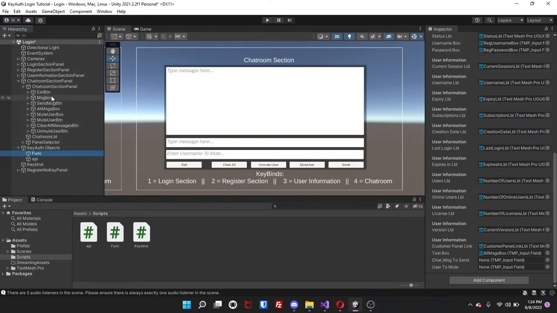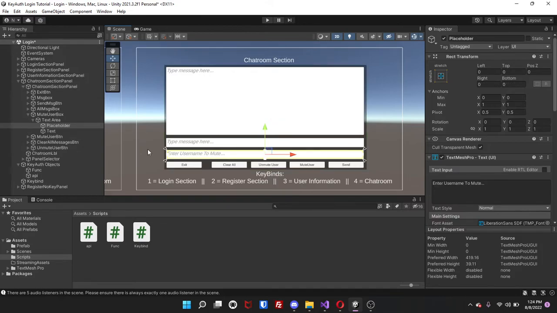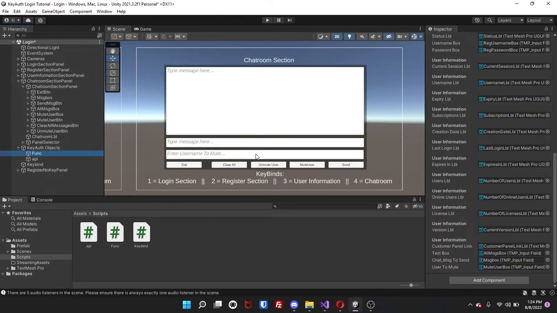So just go ahead and drag in the message box, and then the user to mute. Mute user box, just to make sure that's actually it. Yes. Okay. So now that you actually have everything assigned,